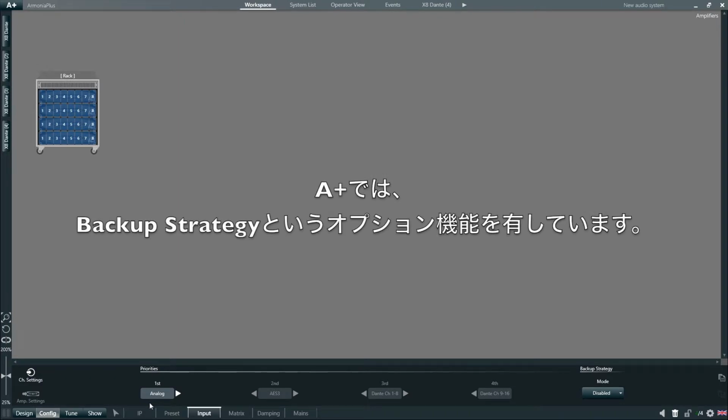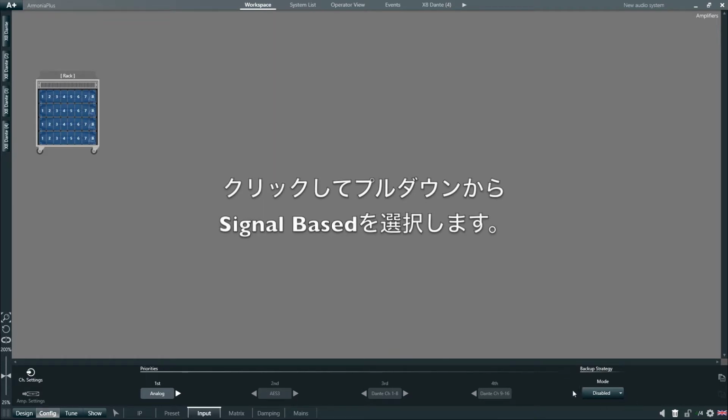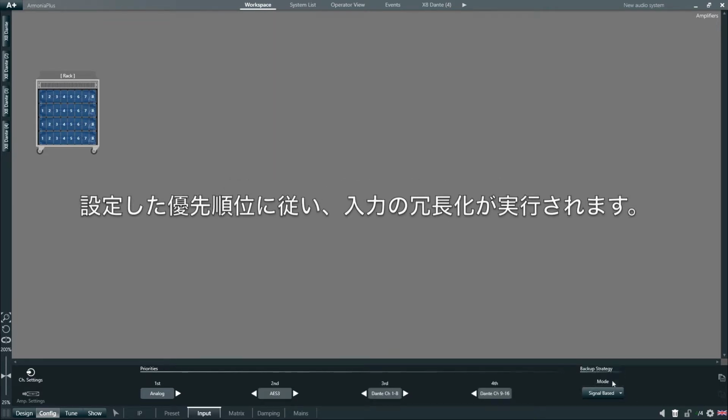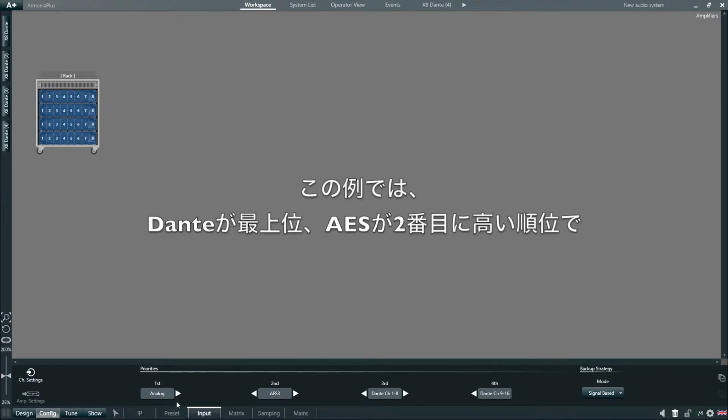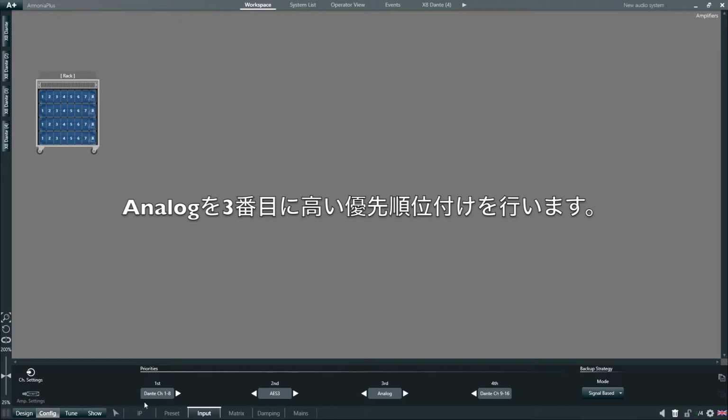Armonia Plus also gives us the option to enable what is called a backup strategy. If we click on Mode and then pick Signal Base from the list, we will activate the backup strategy based on a list of priorities starting from the far left. In this example, let's pick Dante as the first priority, AES as the second, and then analog input as the